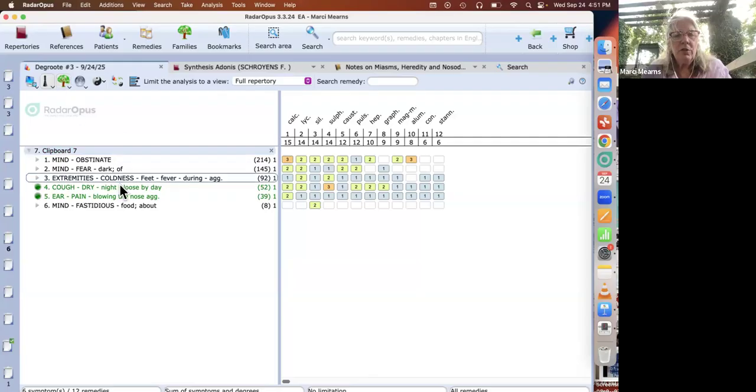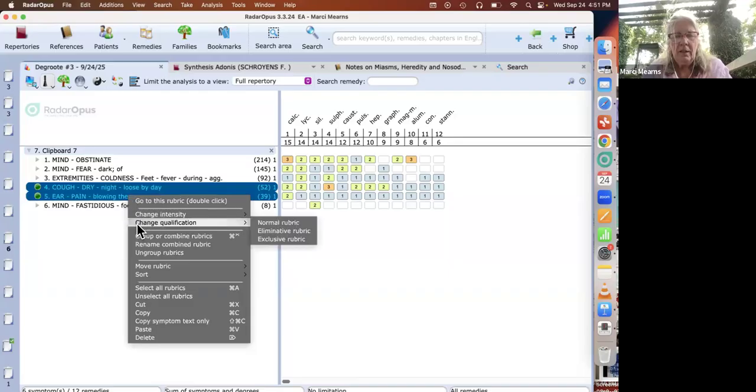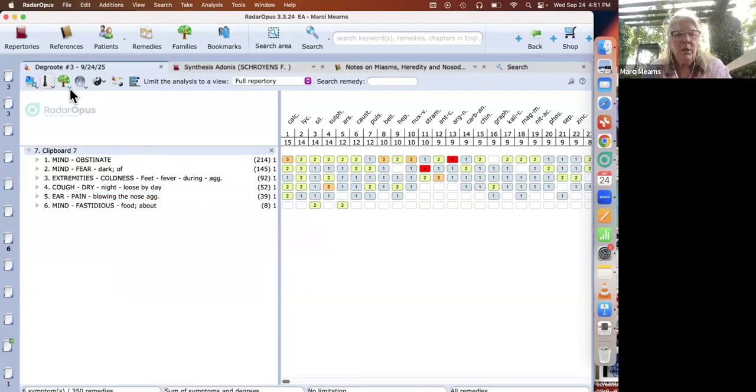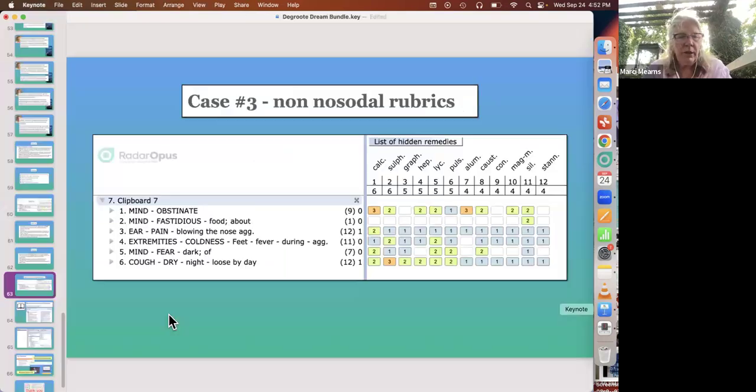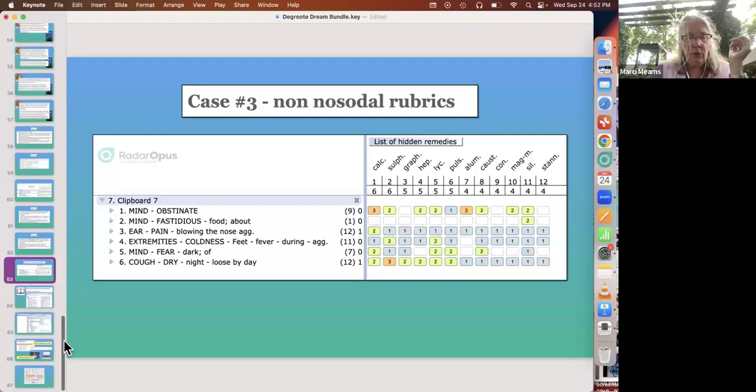Let's bring back the nosodes, shall we? I'll loosen those. Those are now normal. Let's bring back the nosodes. And there's tuberculinum right up at the top. If I just limit my analysis to nosodes, tuberculinum is clearly in the lead. Okay. Wow, how did we go so quickly through all of this? Okay, that's that case. The third case, again, showing the importance of using a nosode when it's needed, right? He gave a great individualized remedy, did nothing, had to go for the nosode, and that took care of the problem.